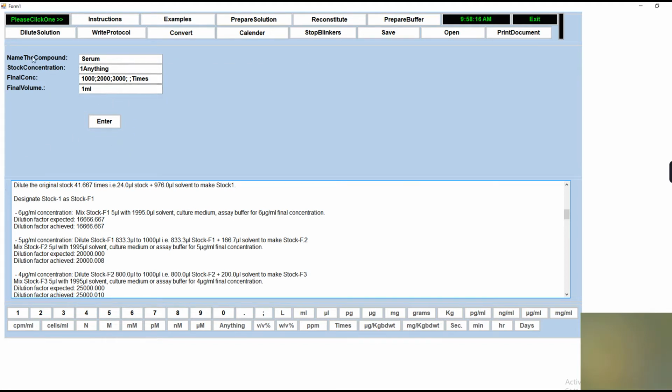At this juncture, I will also show you one more type of dilution that is frequently used in microbial work. For example, if we want to assay a bacterial sample and growing it on agar plates and colony counting. So again, the stock concentration is like 1 anything, and the final concentrations can be 100 times, 200, 300, etc. times. Final volume, specify it as 10 microliters, because the bacterial sample is